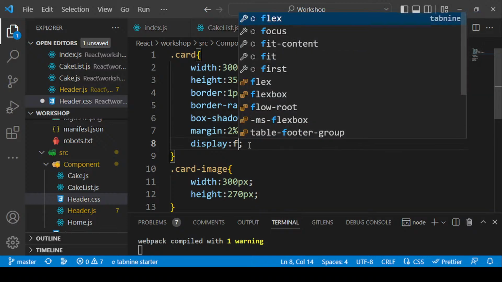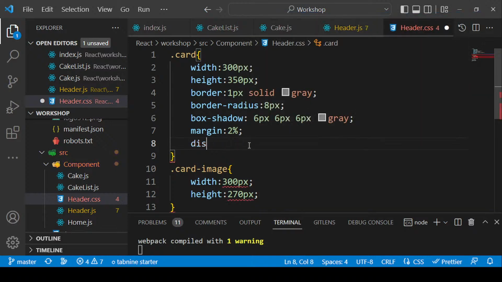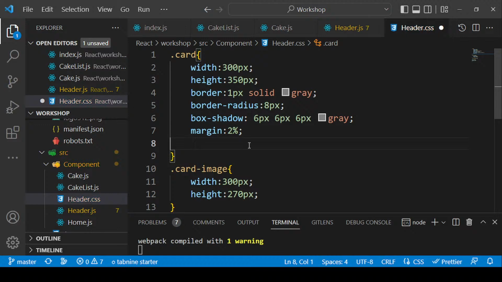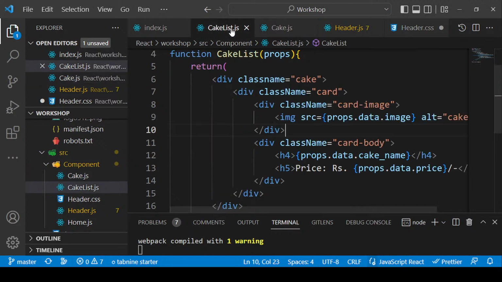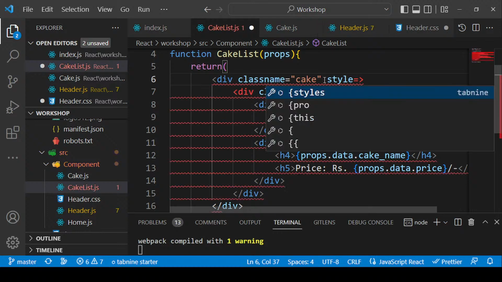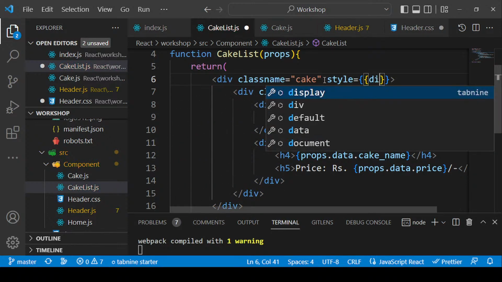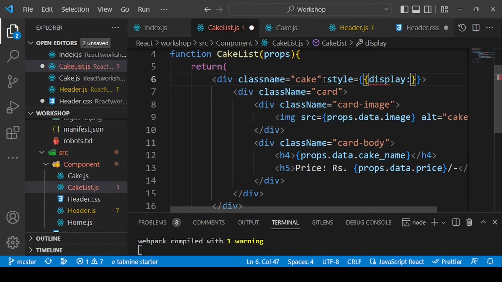So don't use the display here, just simply go to the cake list, and here is the div. Make a style of this, that is display flex